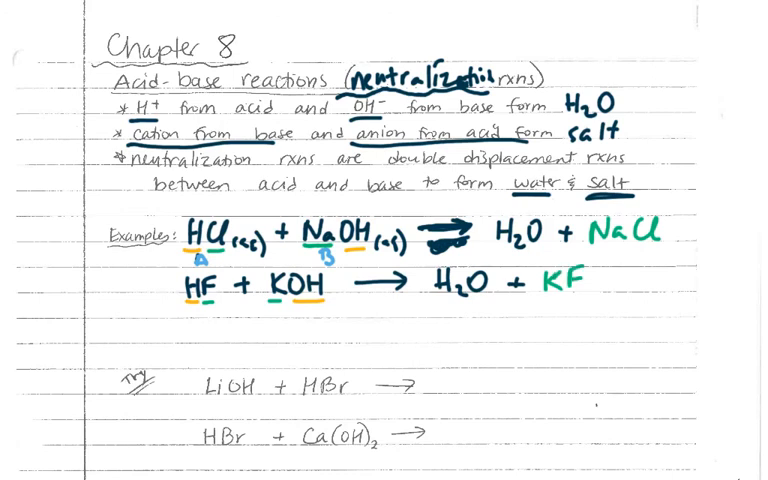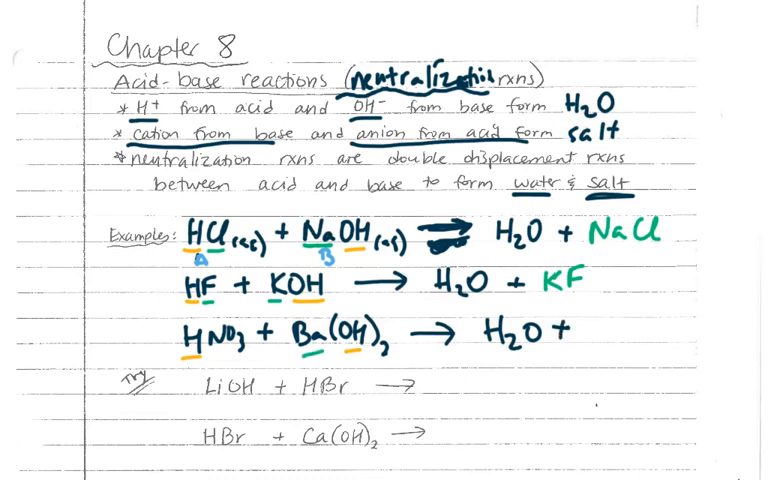All right, but sometimes we need to add subscripts. And so let's do one more before we get cut off. HNO3 plus barium hydroxide, so that's nitric acid plus barium hydroxide, is going to form water from the OH minus and the H, and the salt that forms is going to be from the barium and the nitrate. Barium has a 2+ charge, and nitrate has